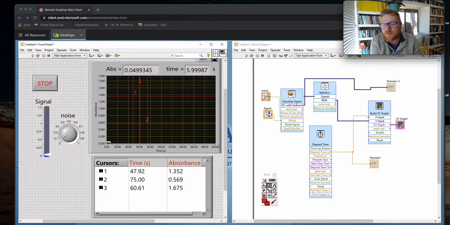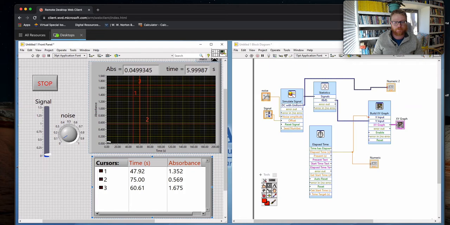Okay, this is what I was able to come up with just messing around, doing what I thought made sense as a cursory program. For now, I just have this simulate signal, which will get replaced by the DAC assistant going into our statistics. And I actually found this cool thing called cursors that you can do specifically on an XY graph